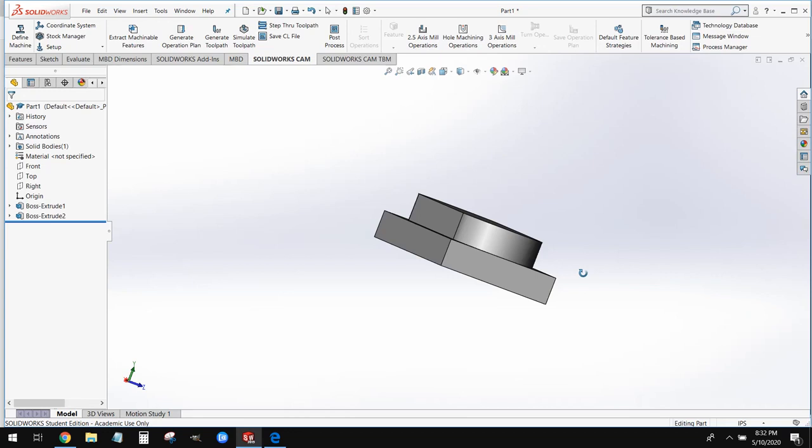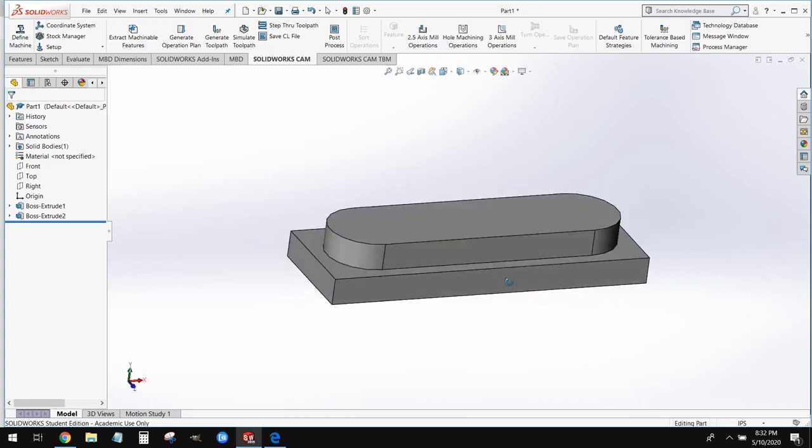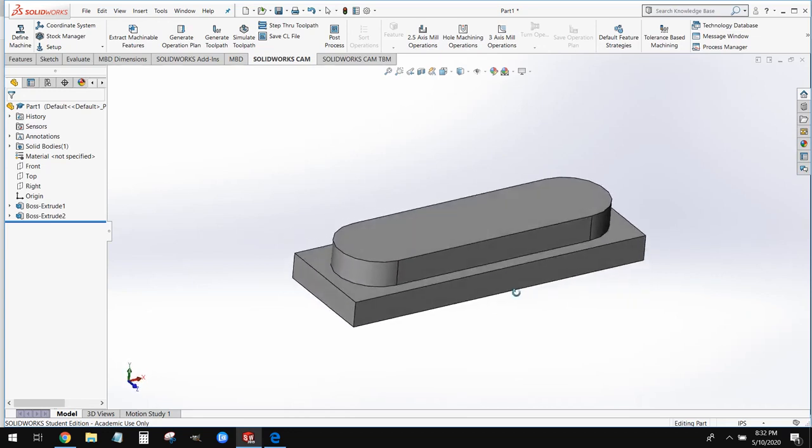Now, this is the shape we're going to be working on today, and this shape isn't overly complex. However, when it comes time to mill this, whether manually or writing the G code for this, if you were to write out the G code manually, that would be fairly time consuming. So what we do instead is run through the CAM feature in SolidWorks to generate the G